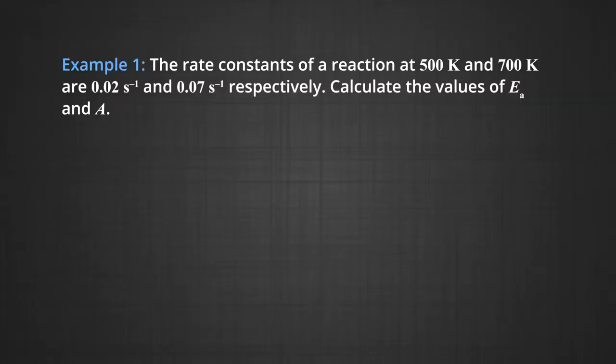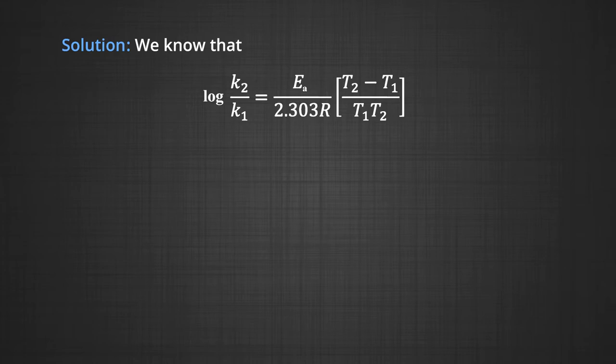The rate constants of a reaction at 500 Kelvin and 700 Kelvin are 0.02 per second and 0.07 per second respectively. Calculate the values of EA, that is activation energy, and capital A, that is Arrhenius factor. It is a simple numerical based on the expression. Now, we know that log K2 by K1 is equal to EA by 2.303 R into (T2 minus T1) divided